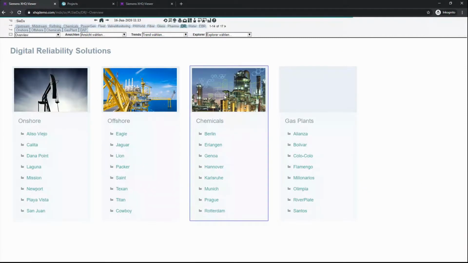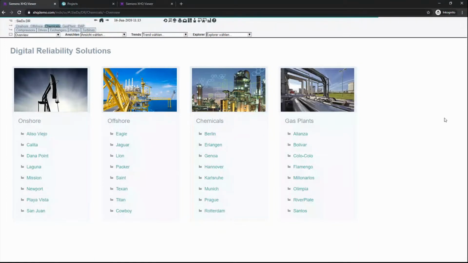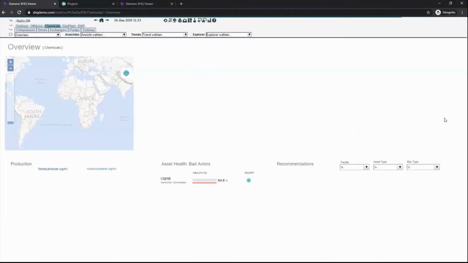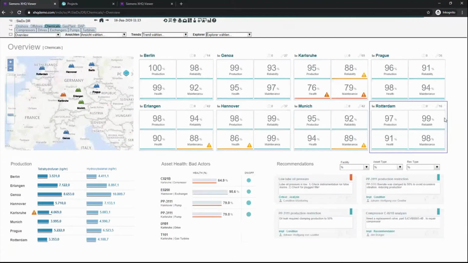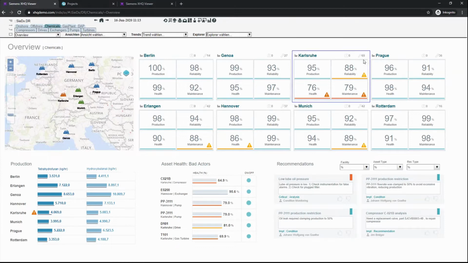As Alex already mentioned, our asset portal, and I go to the chemicals demo for today's presentation, allows us access to lots of information coming from different sources. So this is an example use case in our demo system. It's a real system, but it's fake data, so there's no customer data inside. That gives us the opportunity to drill down from the basic starting page, where we say, okay, this is an overview of a complete corporate approach with multiple sites,